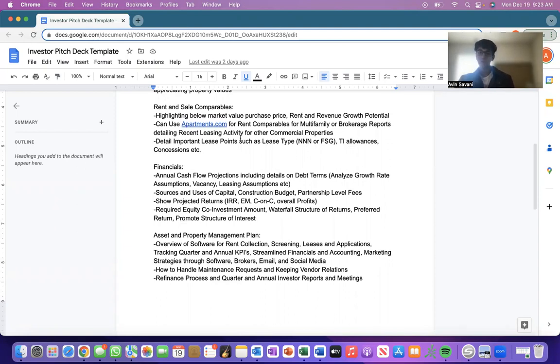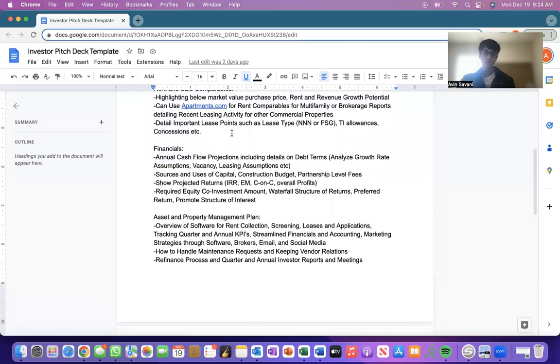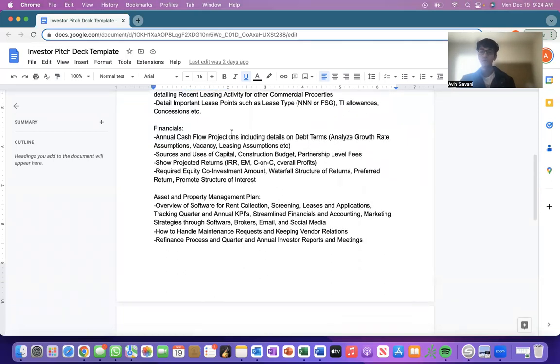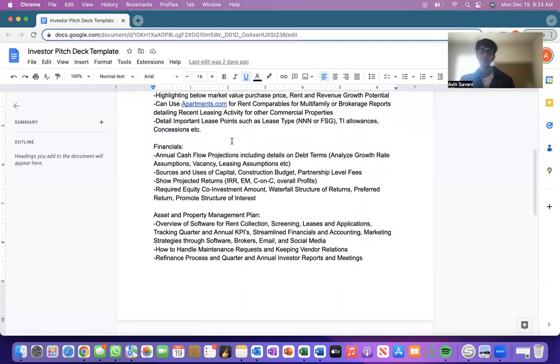Basically, they give a snapshot of the retailers, the banks, or any type of office firm or a startup company or someone else leasing out space in that area, right? So leasing activity gives a good insight into how much demand is in the area. And ultimately that impacts the bottom line rents as well, right? Or I should say top line rents. Rents are always on the top line.